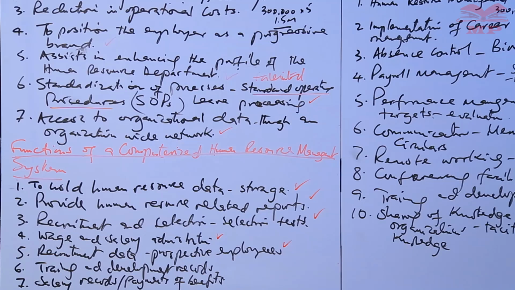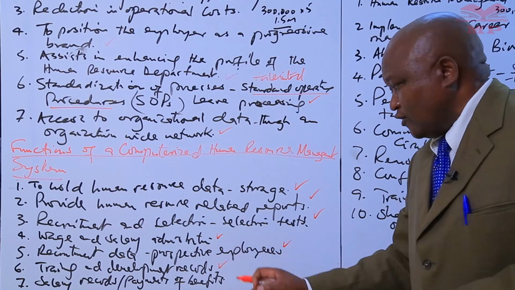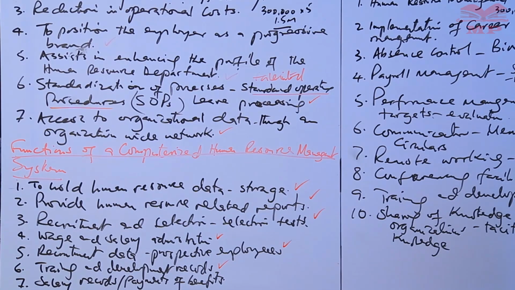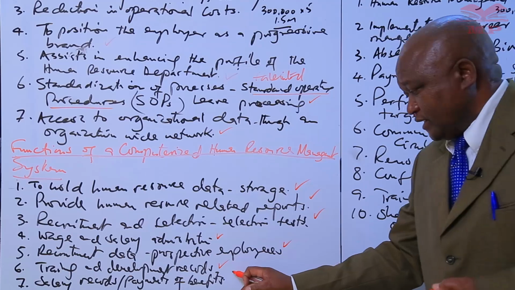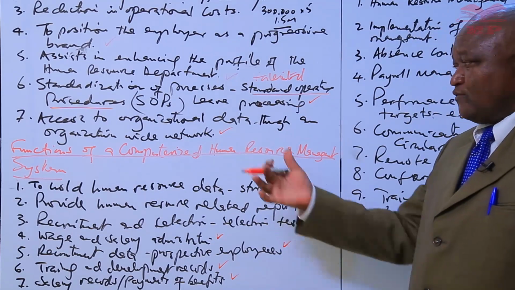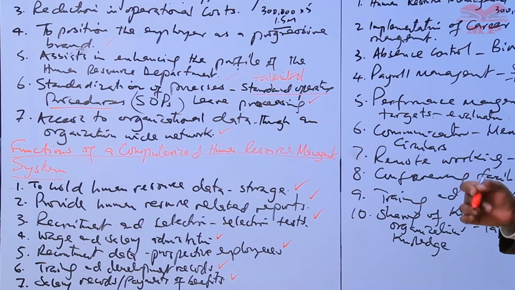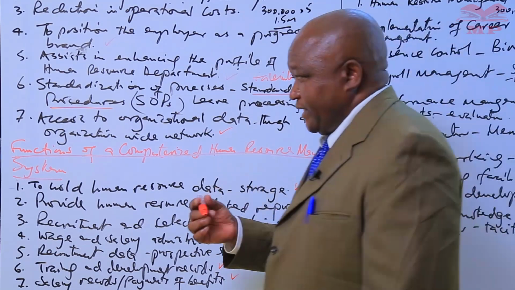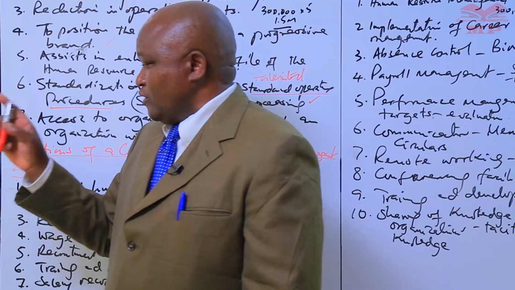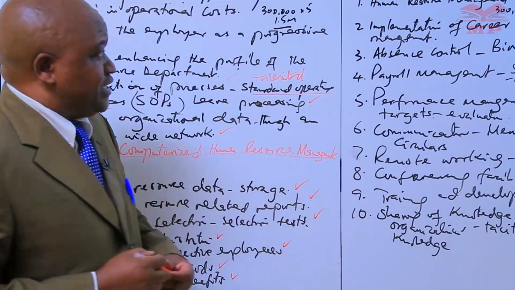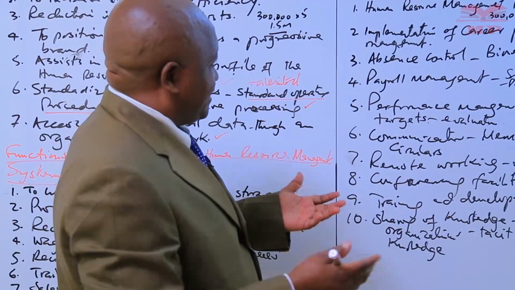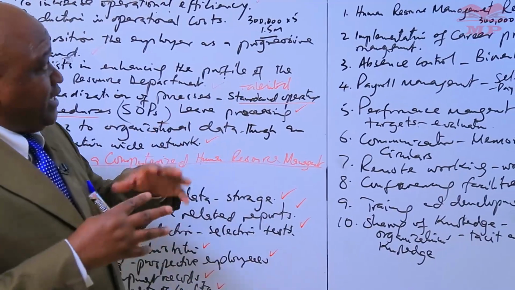Then number 6, training and development records can also be maintained. Then you have salary records or payment and benefits from that particular organization can also be put in where you have a computerized human resource management system. Then finally, dear learner, we went ahead and looked at the applications of human resource management information systems. And we said, though there are very many, depending on the organization you want to deal with, some of the areas where